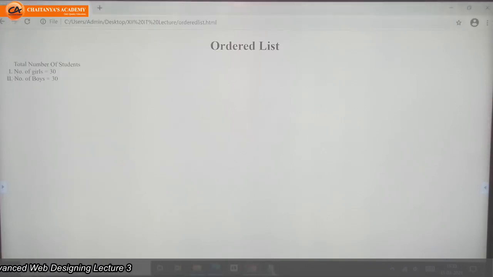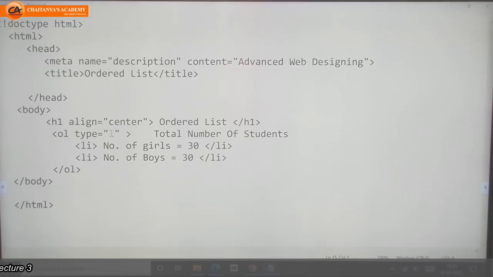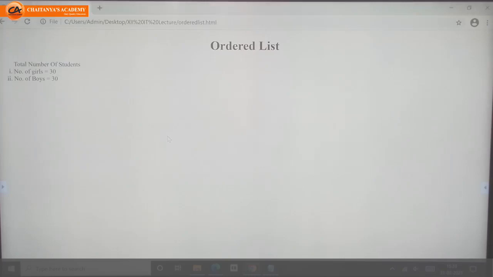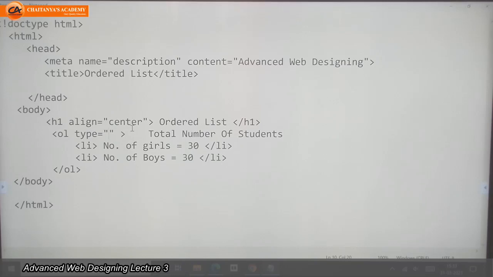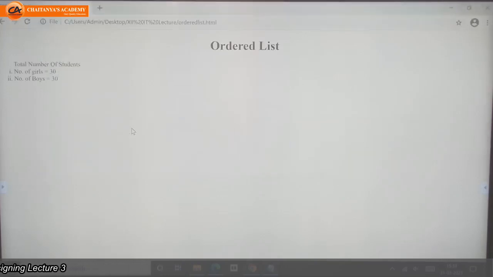If I change here, instead of this capital I, if I write small i, then it will come as small i, small ii, meaning small Roman numbers. If I give type equal to A, the list will come alphabetically numbered, A, B, C, D, like that.